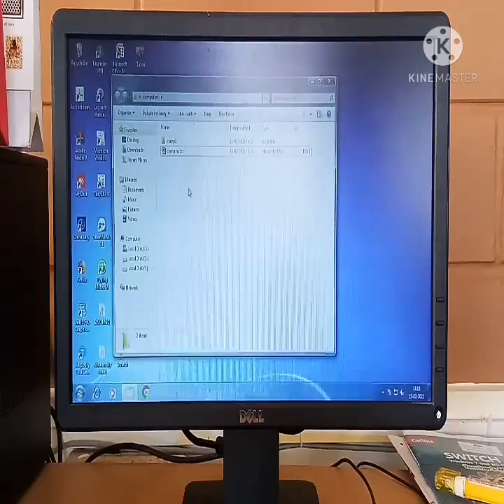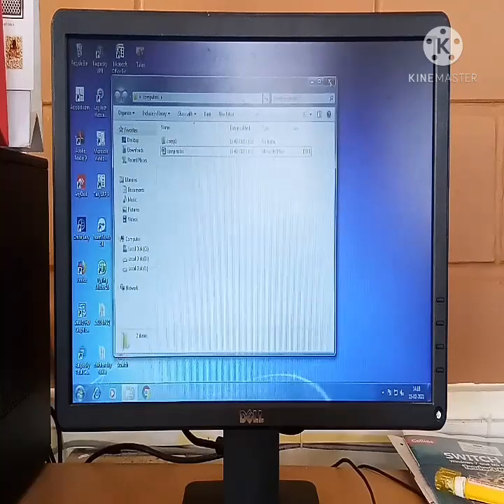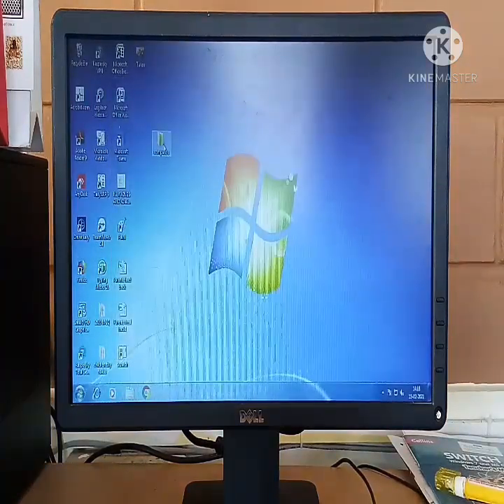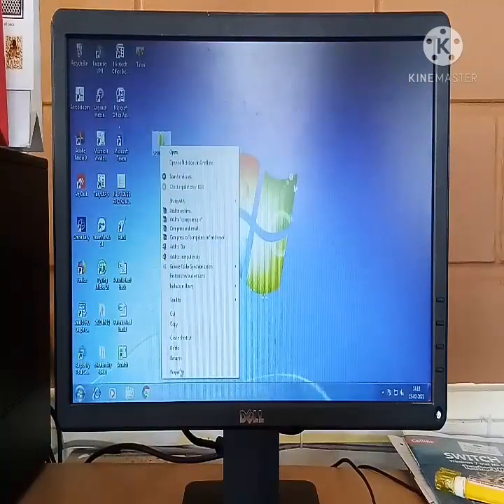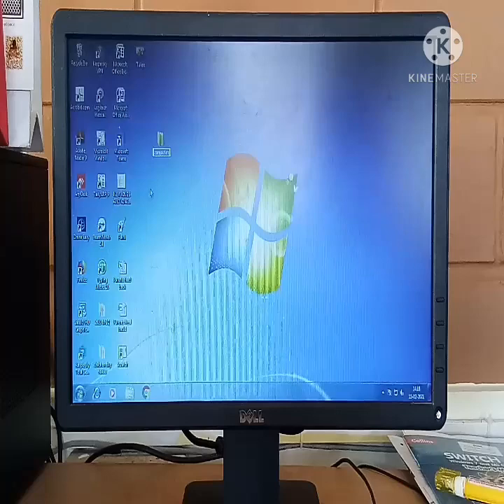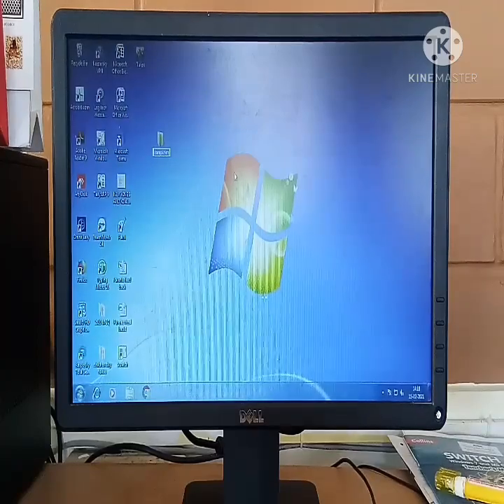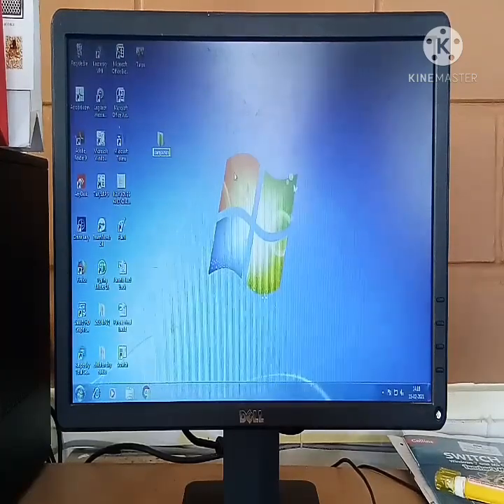Okay. Next, if you ask me, ma'am, can we rename the folder? Folder I have given the name computer. So for this folder, if I want to change the name, I can do it. Keep your cursor on the folder, right click, again from below rename option is there. If you click on rename, it will allow you to change the name. So here also you can change the name.